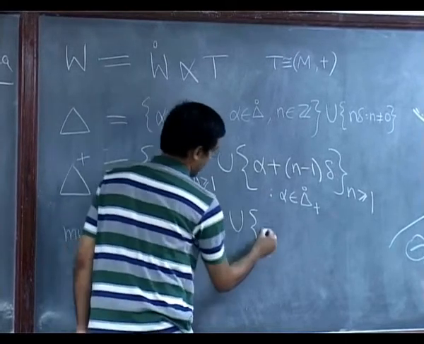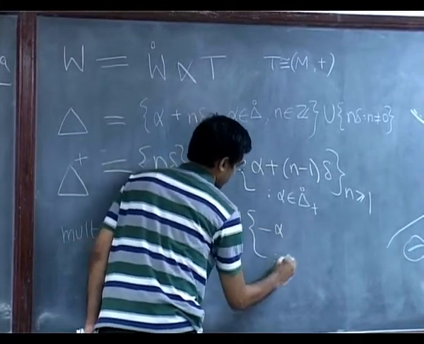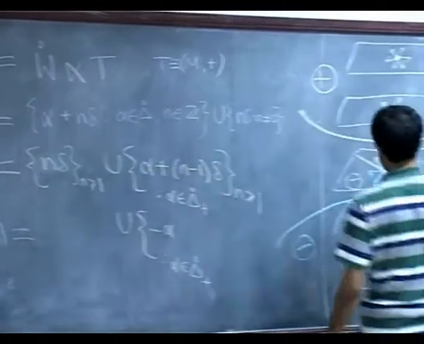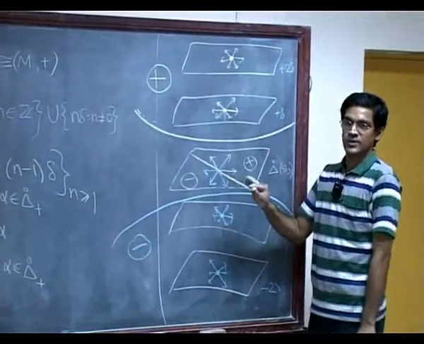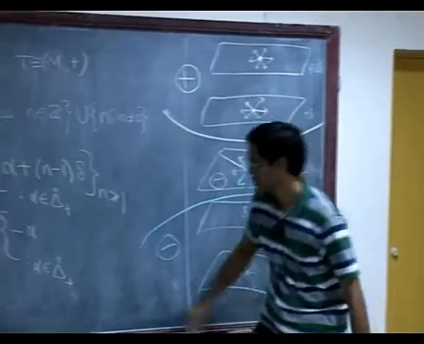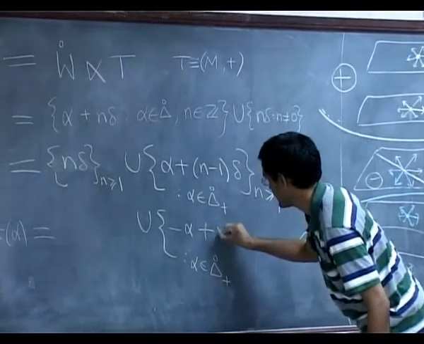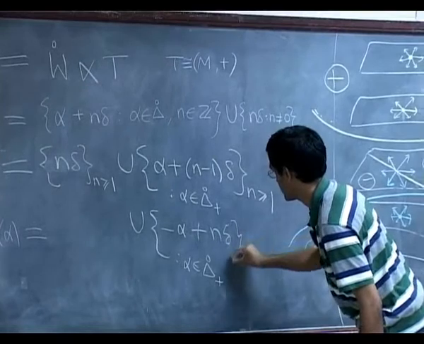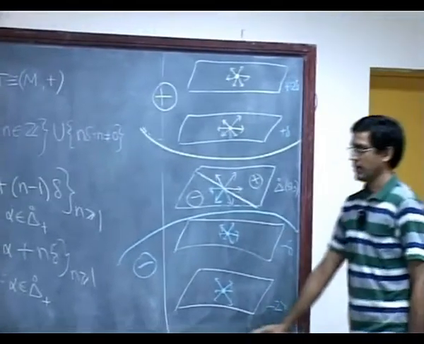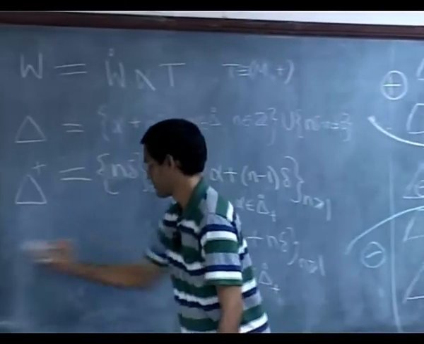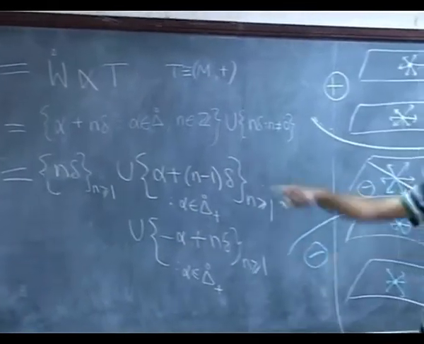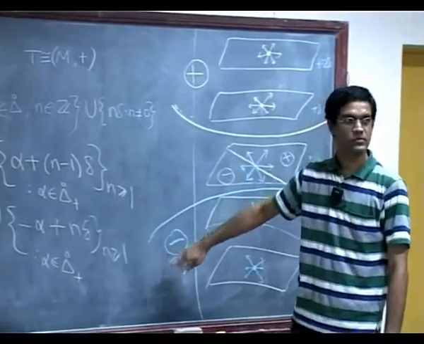So, if instead of alpha I had, say, minus alpha, where alpha is again positive, which means I am looking at these things colored blue, those themselves are not positive, right. They are all considered negative on this plane, but everything above is positive. So, there I should just do minus alpha plus n delta, again n is at least 1. Okay. So, this is the full description of the positive roots. So, that is the other ingredient we need in order to compute the denominator, which is fine so far.